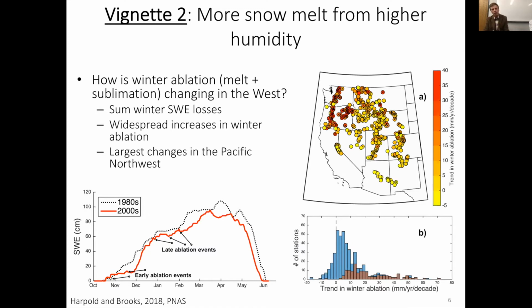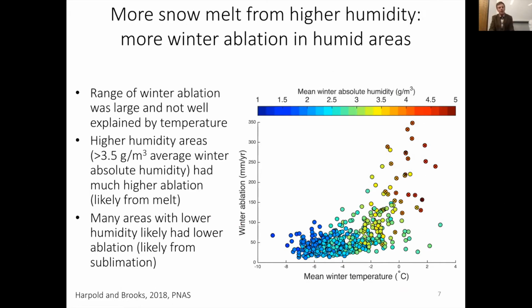And what we see here is the statistically significant trends are really all towards increased winter ablation. And that really has a bullseye over the Pacific Northwest, and very much not seeing that increased winter ablation in the Southern Rockies and farther southwest. And why is that? Well, we can plot that winter ablation rate against mean winter temperature, and